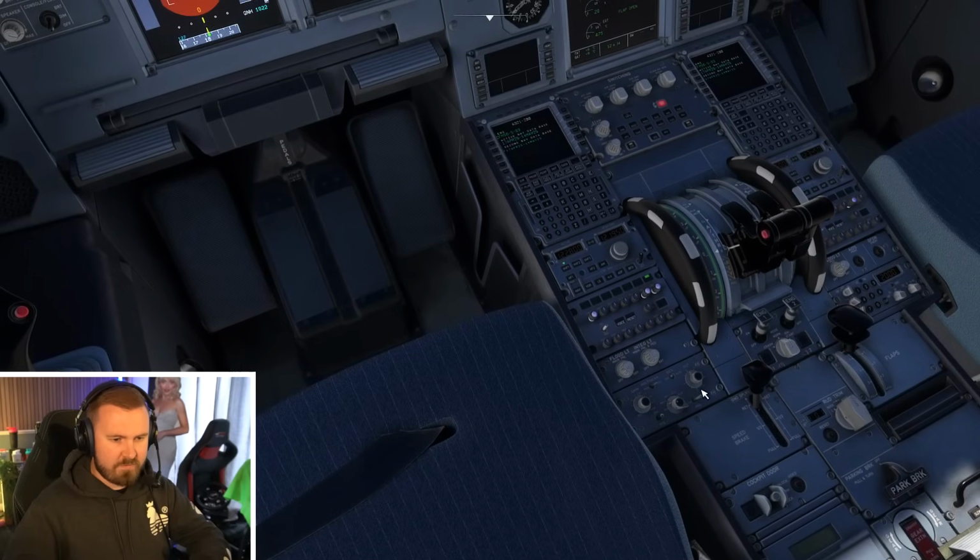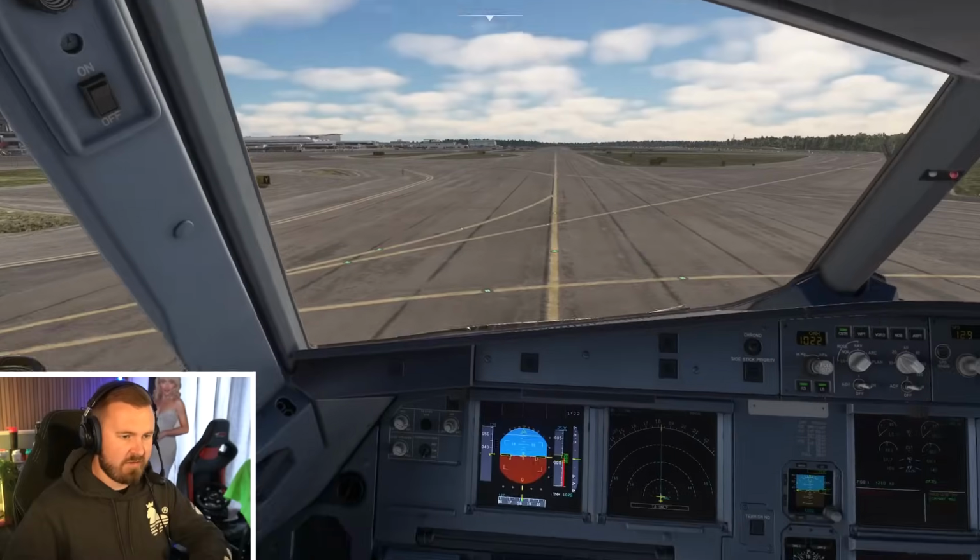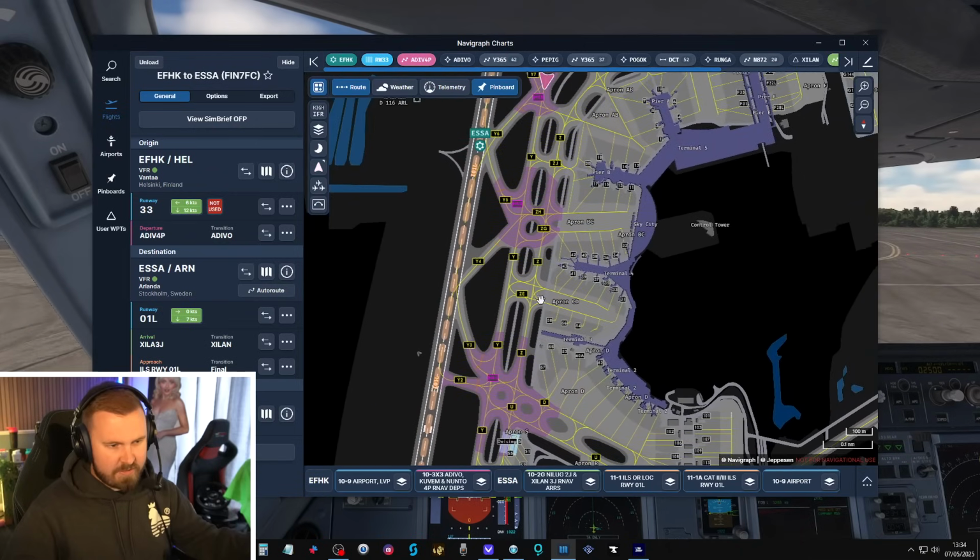APU has come on already, we've done that. There goes predicted wind shear. Yeah, landing lights, nose light, runway turn-offs. Cool. Okay, so how far down are we going? Quite a while yet. We're going to